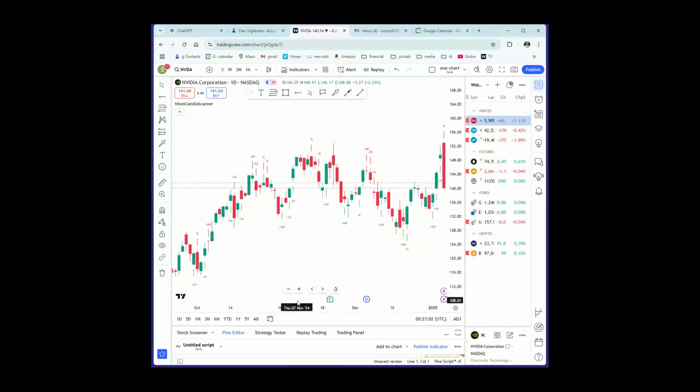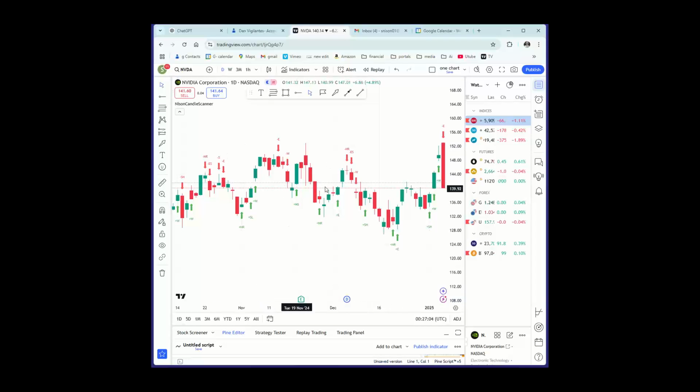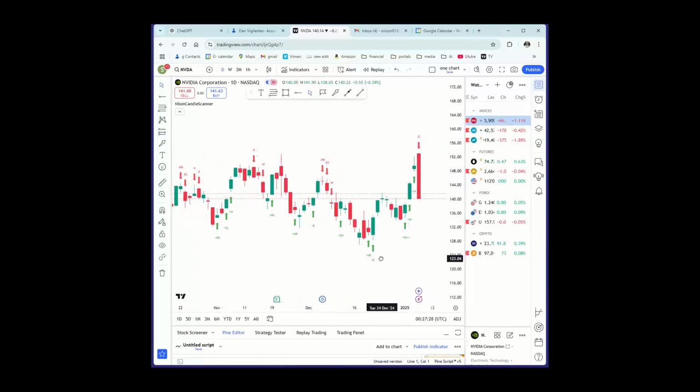And by the way, the Nison candle scanner, all these signals that I've defined, like this is a bearish engulfing pattern and so forth, this is all on TradingView, which is a free platform, and NCS is an add-on that we offer onto TradingView. Anyway, so here we have a bearish engulfing pattern right over here. All right, but let me get to this first.